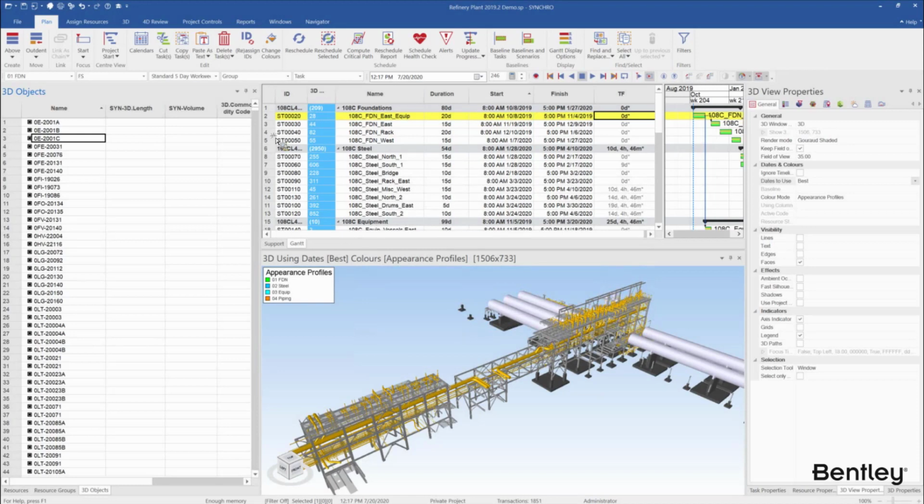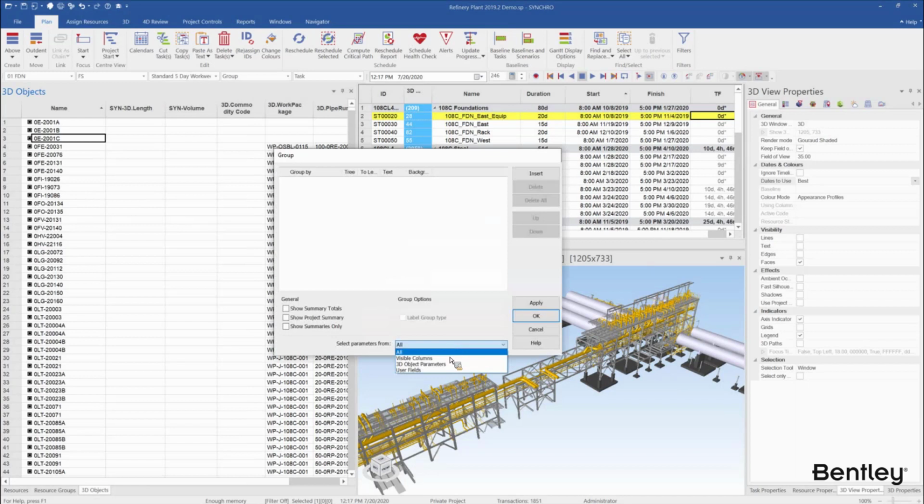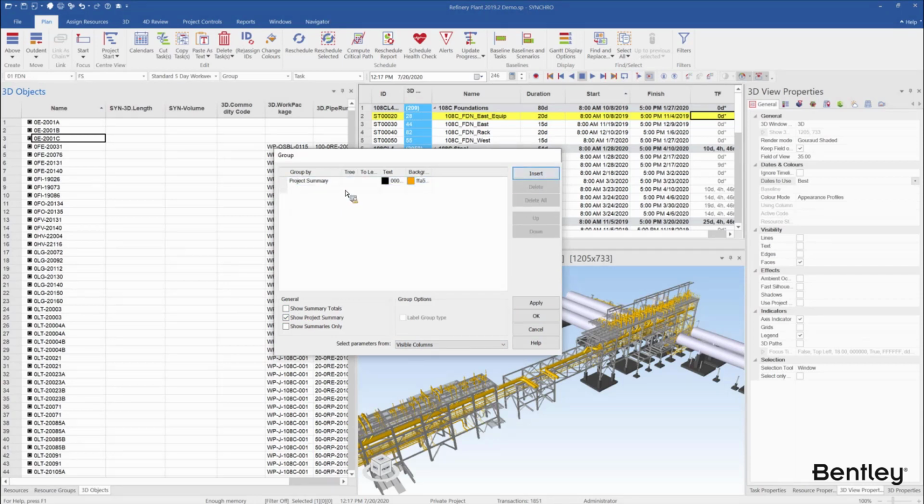Okay, so since I want to display those columns first, I will go to grouping. And then instead of browsing through all of the user fields, I can just select the parameters that I want to group by, choosing by visible columns. I can also show a project summary. I can customize the color, and then I will be building the parameters that I want to use for